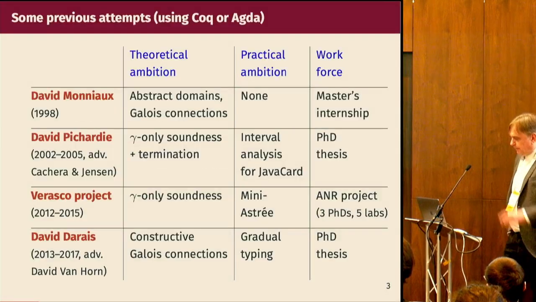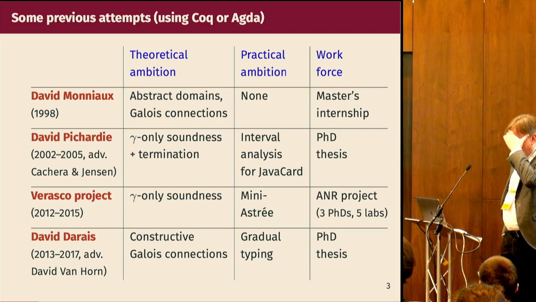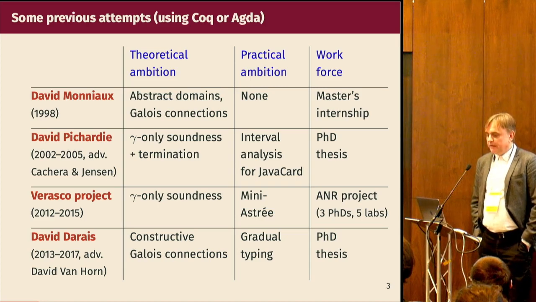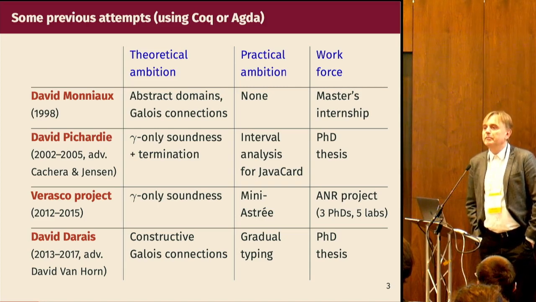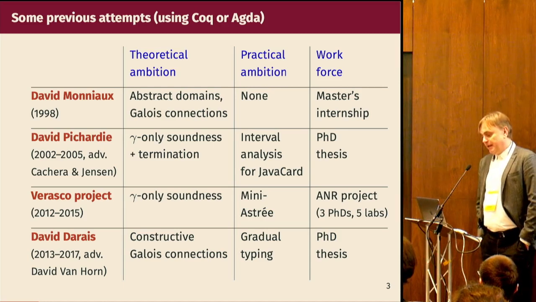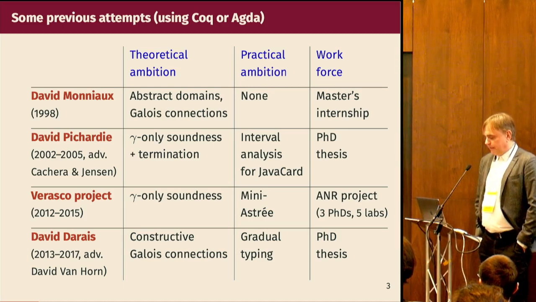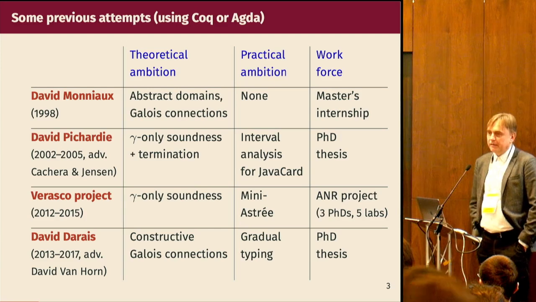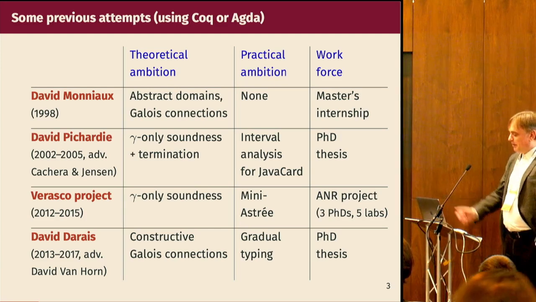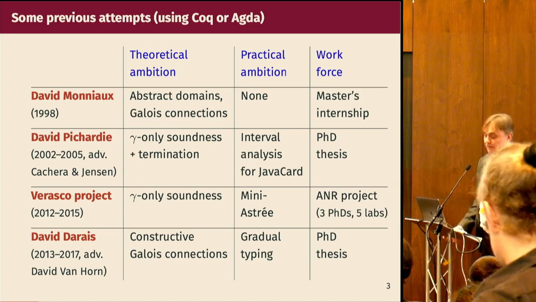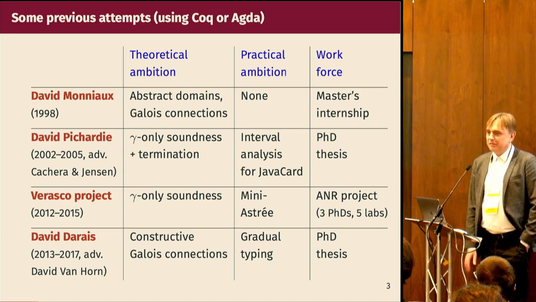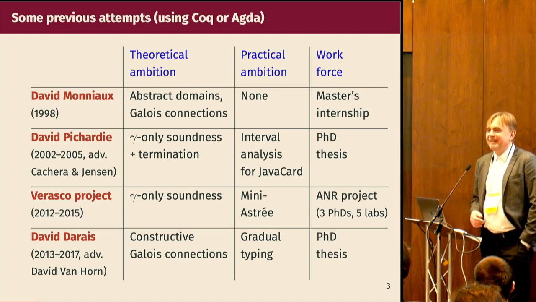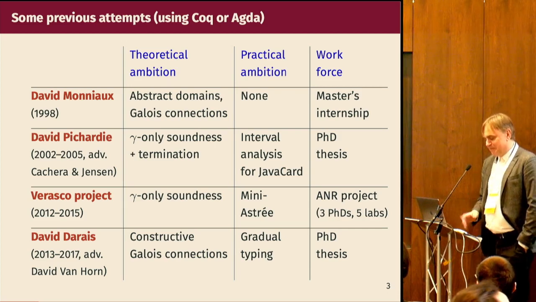Okay. So there have been several projects using Coq or Agda for proof assistance, as far as I know. The earliest one, as far as I know, was the master's internship of David Monniaux, who's somewhere in the room, back in 1998. And well, that was pretty brave. I mean, he set out to formalize, mechanize abstract domains and Galois connections, ran into plenty of problems, and we'll see why pretty soon. Plus, at that time, the Coq system was extremely primitive and hard to use. So you can read David's irritation between the lines of his report. That's funny, but that's an interesting document.